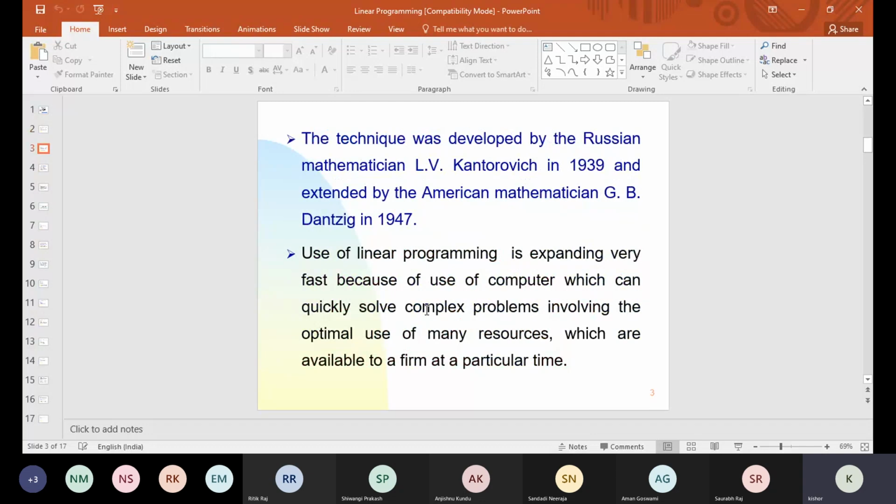And please remember, this PPT I will share with you in your class material. And a question from this linear programming will also be there in your next test. Because in the last test yesterday, or on Tuesday, I didn't set any question. But in the next test, definitely a question will be there from this discussion also.